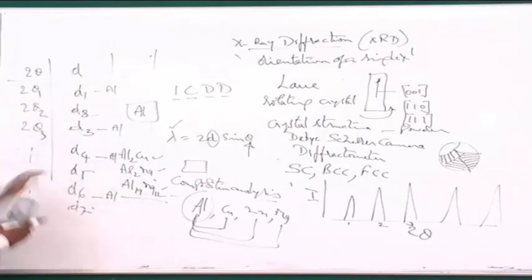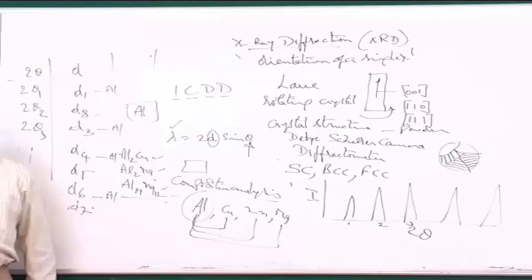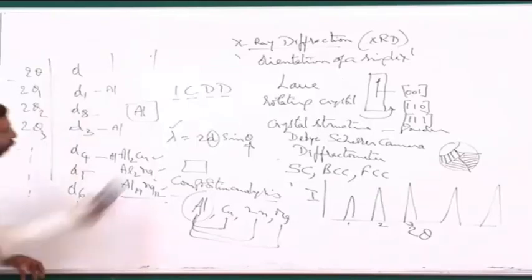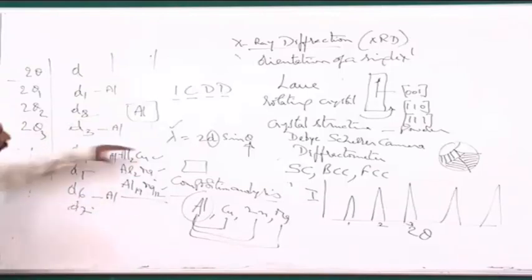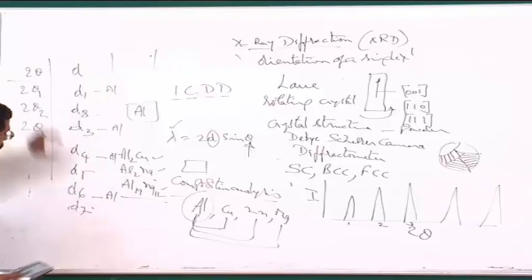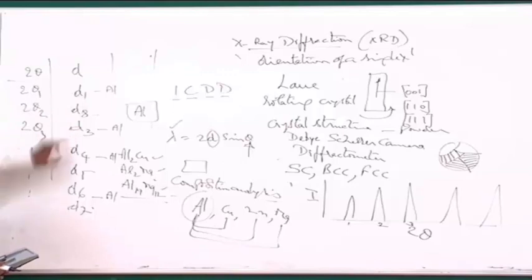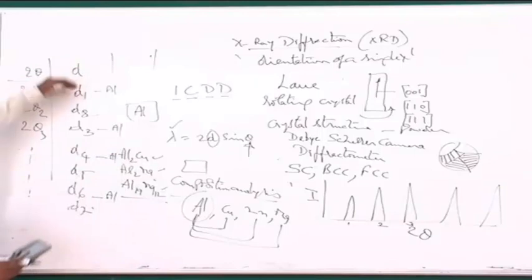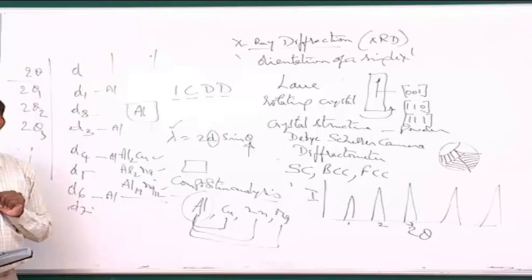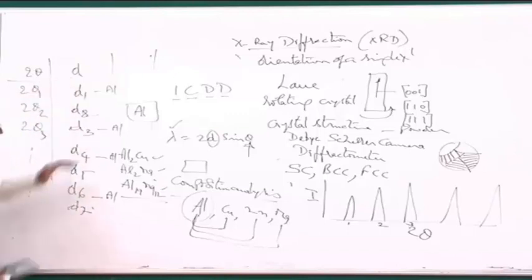Now once I find that out, I will see what are all the things that are left out, and the left out peaks must be belonging to any of these compounds. And now I start looking one by one at the compounds, comparing these left out ones. It is also possible sometimes that a certain HKL plane of any one of these compounds overlaps with D1, D3, D4 and D6, which have already been identified as aluminum. So you have to again look at whether there are any overlapping peaks, and that is how you start identifying the remaining peaks.